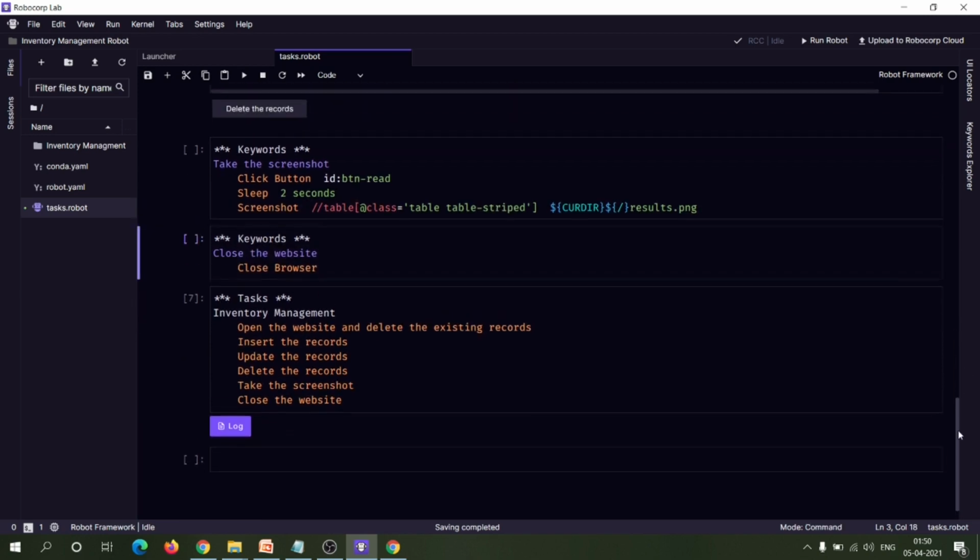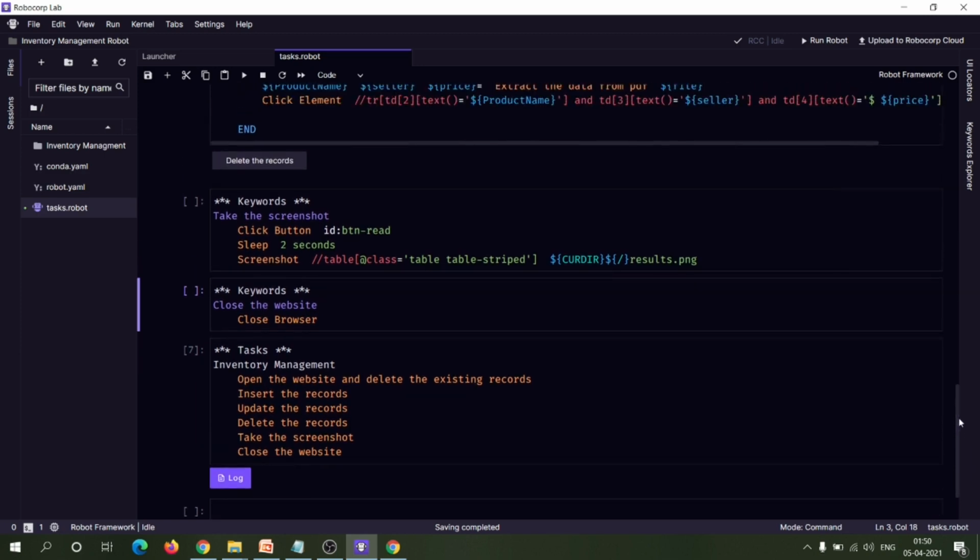So by doing all these steps, we had completed the development of our inventory management automation workflow. So the steps I am repeating here: first we opened the website and deleted the existing records. Then we inserted the records. Next we updated the records. Next we deleted the records. Next we took the screenshot of the existing records by clicking on the read button.